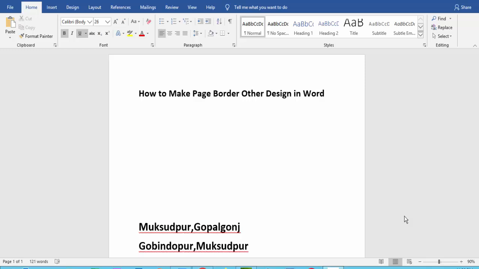Today's video, how to make page border and other designs in Microsoft Word. So let's get started. At first, open a document. Firstly, go to the Design menu option